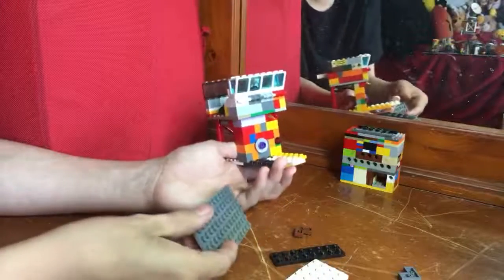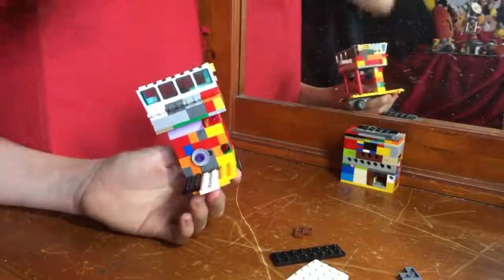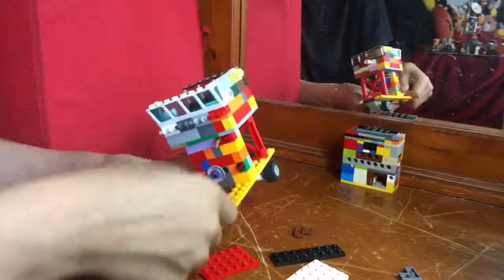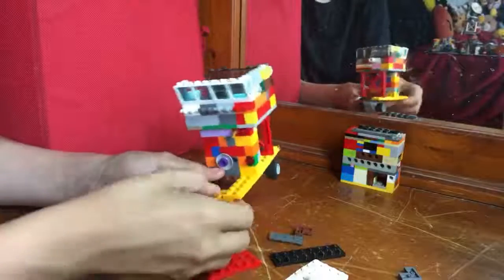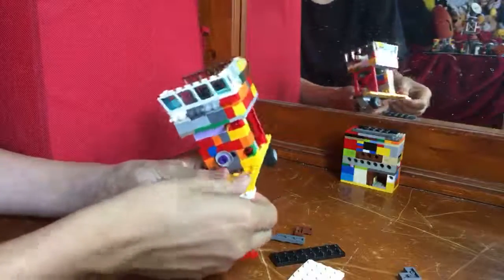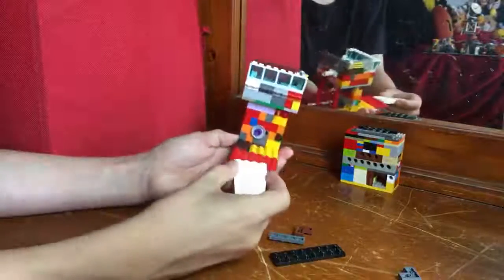Now, I could use this plate, but I don't know if the camera's going to catch it, but it is very sun damaged. It was used on one of my outdoor ships that I put together a while ago, so it is kind of destroyed. And this 2x6 is getting in my way, so I'm going to remove it. There we go. And this 2x4 is going in and being okay, my cat is messing with my door. And I'm going to replace it with a 2x4 so that fits in, and then this can be added on,